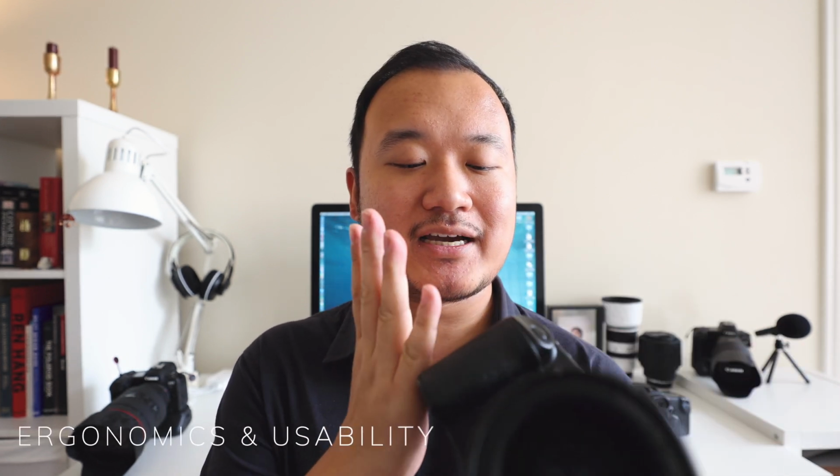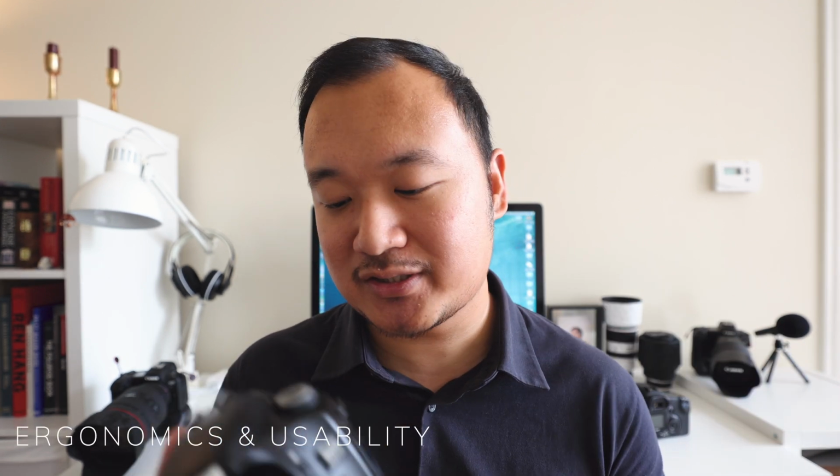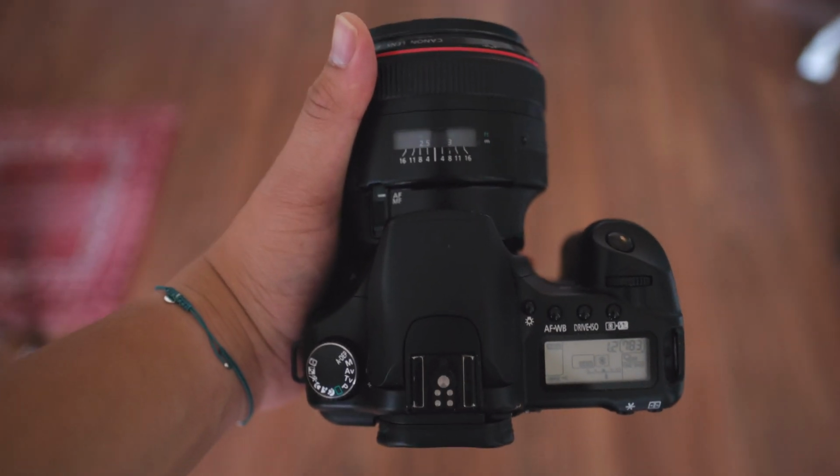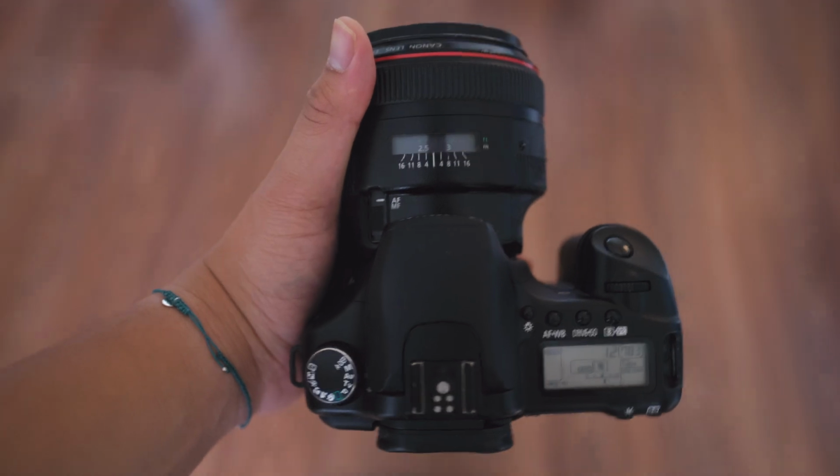But now let's dive into the usability, the operational side, and the ergonomics of this camera first. I really love the ergonomics and the feeling of this camera. I think the grip is really nice and I really enjoy using this camera because of how tough and solid it feels, but also how comfortable it feels, even after a whole day of shooting with it,